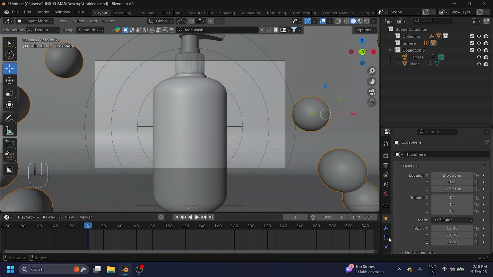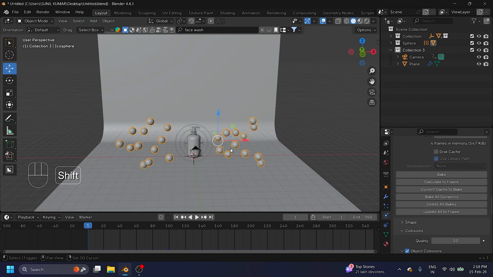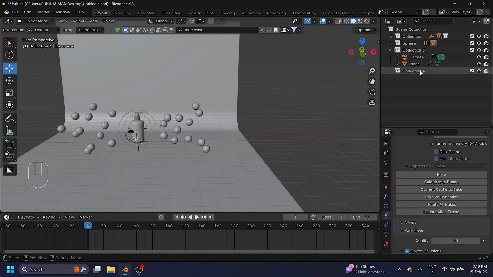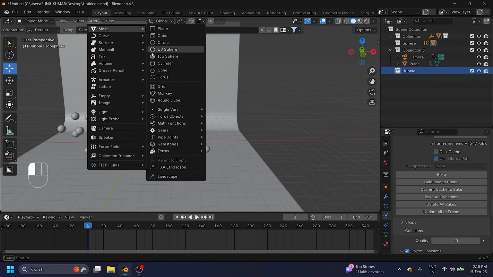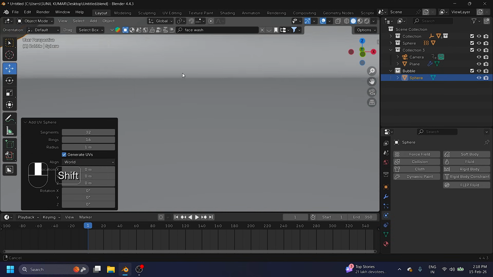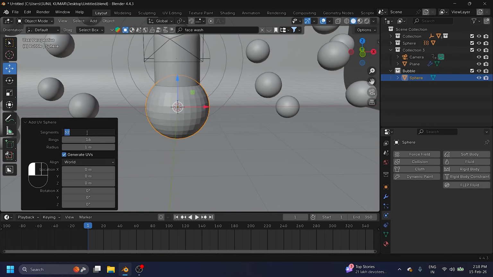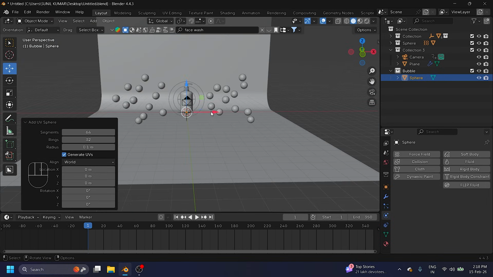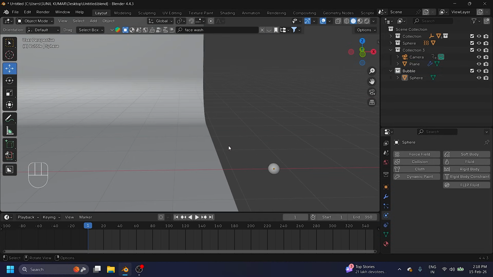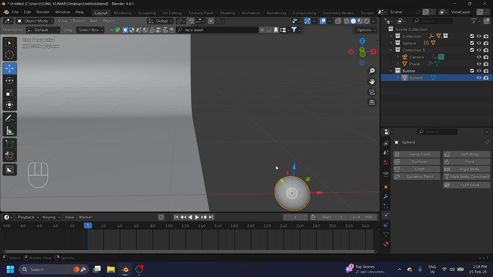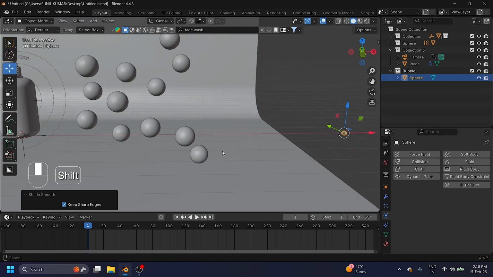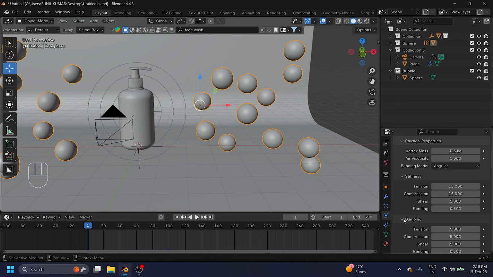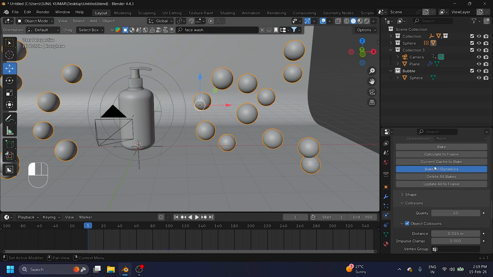And guys, again select this pair. You can create a particle effect also. So guys, for the particle, I create a new collection. So type bubble, check. And guys, I'm using a UV sphere this time, and sphere segments increase like 64, 32 and 0.1 and go here. See guys, that's my inner bubble and right click, set smooth. Yes. Okay, so guys, next step, select this one and I create the baking this time and bake all dynamics, check.